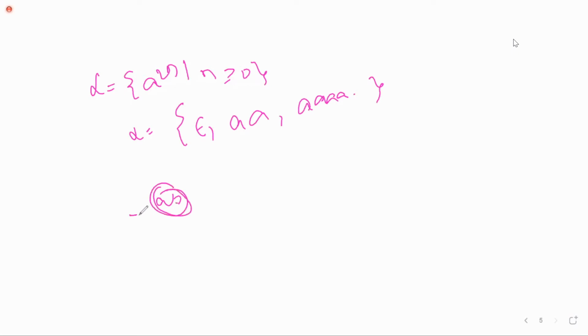Okay, next Q naught on A is going to Q1, Q1 on A is going to Q naught. If you want epsilon, just revolve only at Q naught. Q naught to A is Q1, which means AA, then 4 As, 6 As and so on. Any confusion here? No, ma'am. Next, L equals a to the power n b, where n is greater than or equal to 1.